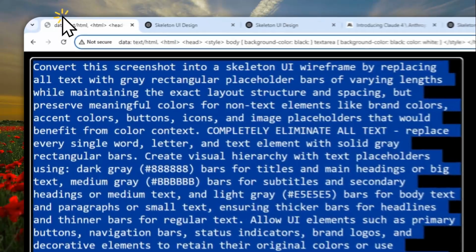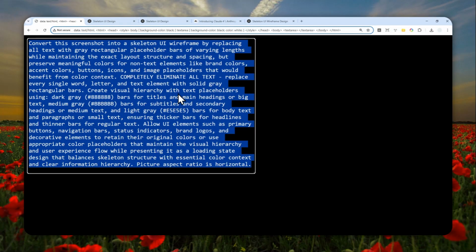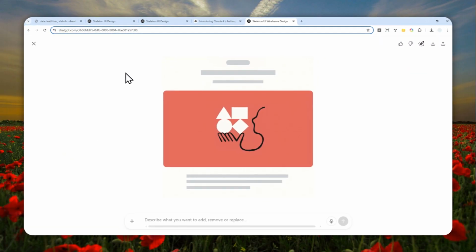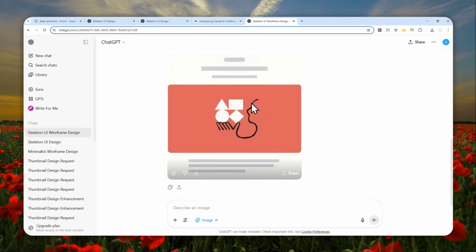And of course, you can use this prompt to convert a screenshot into a wireframe skeleton in just 1 or 2 minutes using ChatGPT. But one thing here that you need to know is that on my testing, this prompt is not particularly good at converting a screenshot with lots of visual elements. Like if you're trying to convert a YouTube homepage into wireframe like this, it's usually going to struggle. It's not going to be always accurate, but so far for most websites or most apps, I would say it still works just fine. So that's basically how you can convert a screenshot into a skeleton wireframe like this